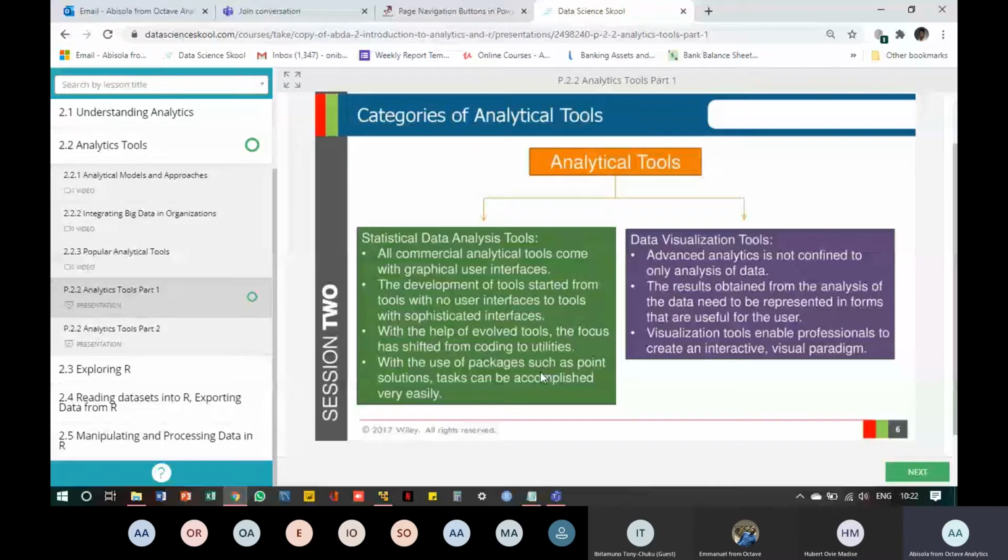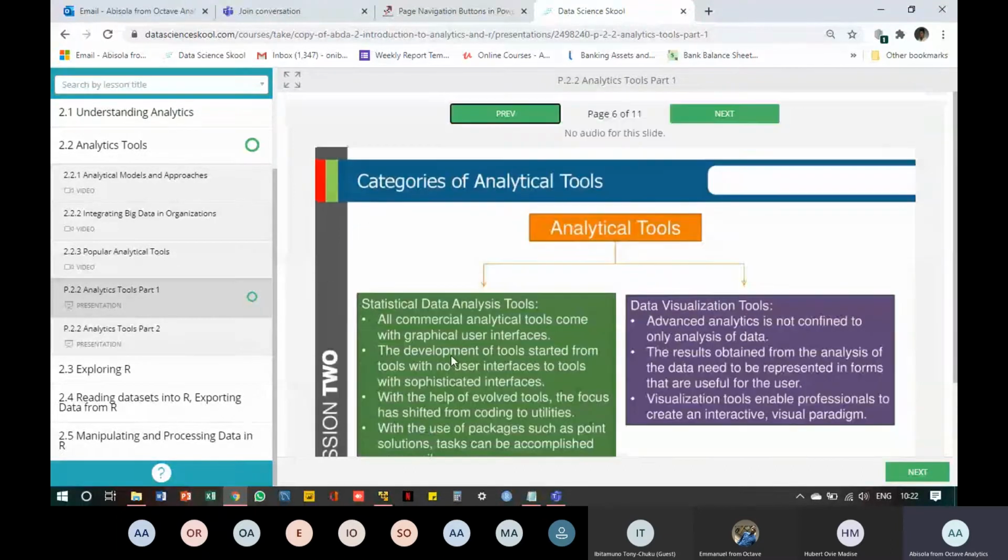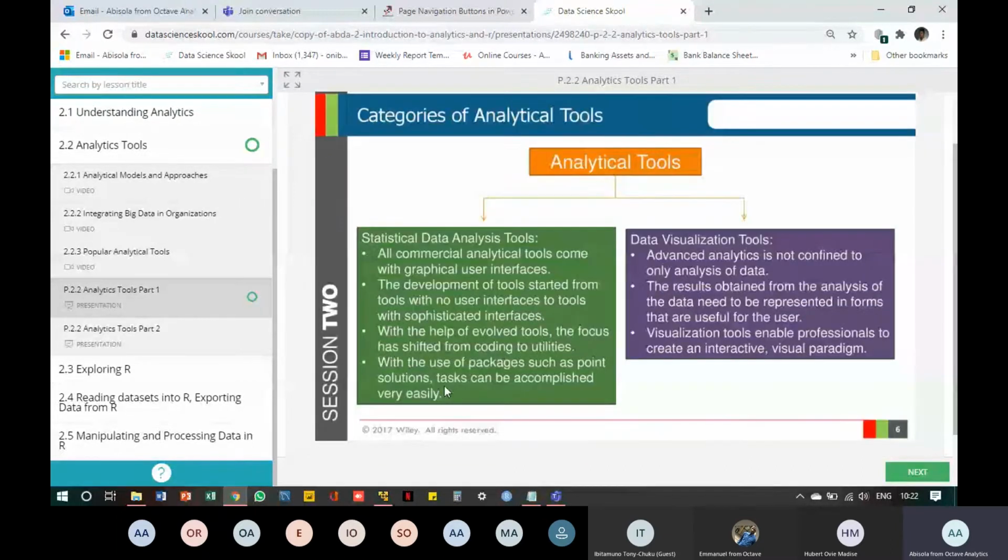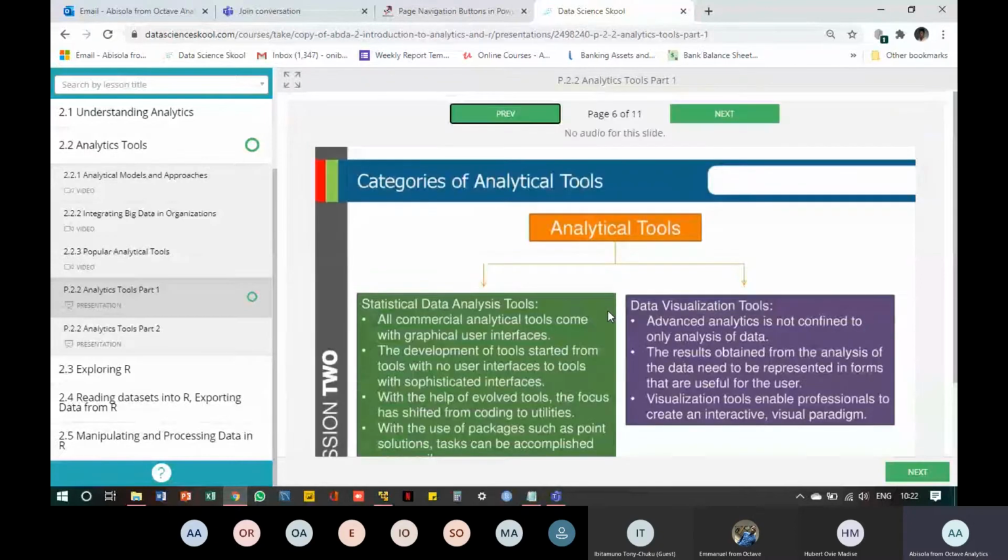So that's about point solutions, right? But then there are some limitations to point solutions. They are expensive, really, really expensive. But if there are enterprises that are big enough to afford them, I believe that they are worth it because they help you address a specific problem. So you don't have to go round and round to get the solution to a particular problem. It is just directly on your point solution.